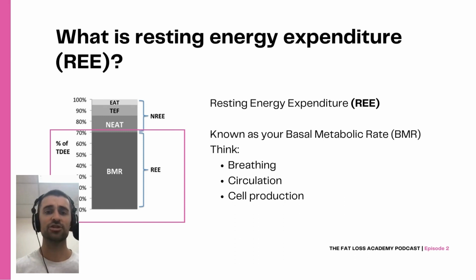So resting energy expenditure, what is this? So this is known as your BMR, or your basal metabolic rate. So the BMR essentially refers to the amount of energy that your body needs to maintain homeostasis, and it encompasses all of the energy required to keep you functioning on a daily basis. So this is everything which is, again, sort of think